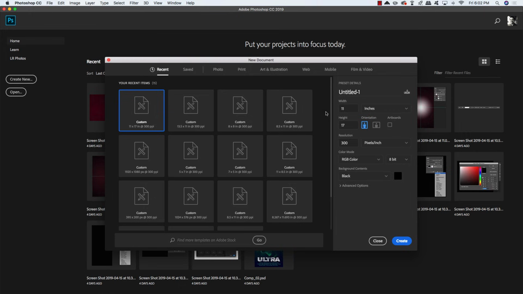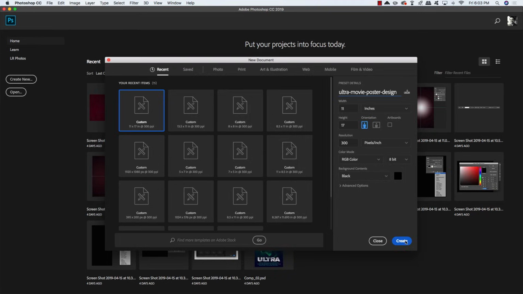in Photoshop. Now to get started, we're just going to go ahead and create a new document, and we want to make it 11 by 17 inches. Now I'm just going to go ahead and give my document a name. I'm going to call it Ultra Movie Poster Design. You can set the resolution to 300 and leave the color mode to RGB because we will mostly just be viewing this on screen. And then you can leave the background content set to black and click Create from the